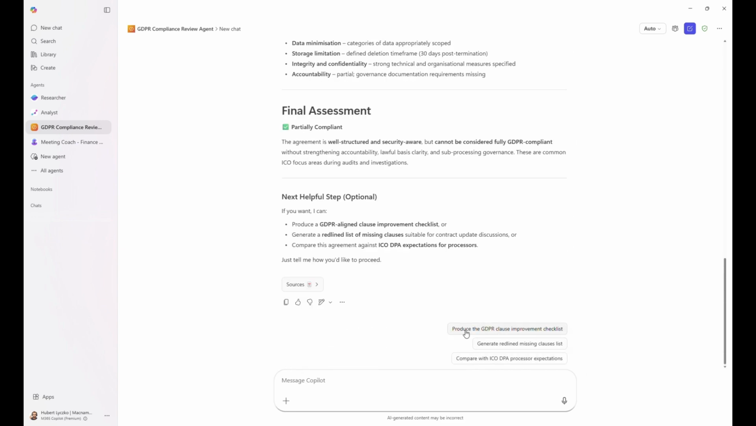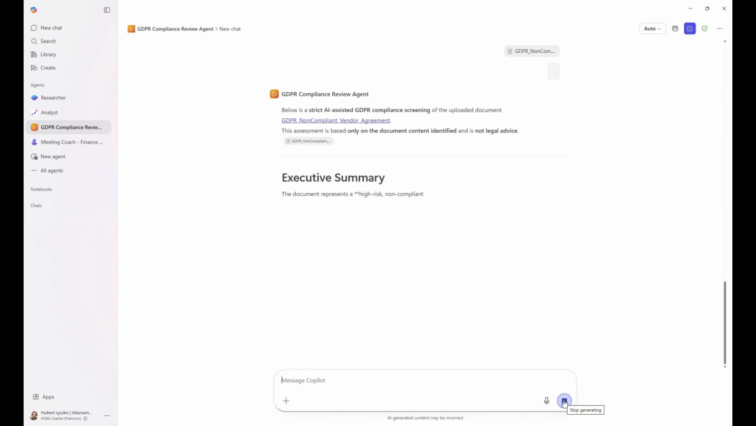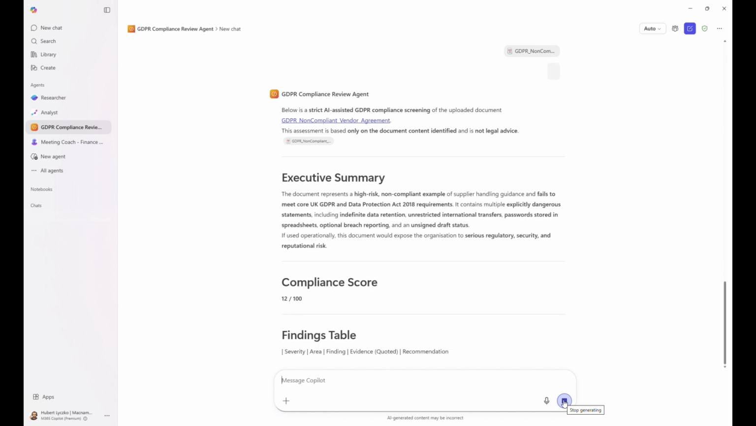Now let's test the bad PDF. This document contains intentionally risky wording and weak practices. The AI immediately flags indefinite data retention, passwords stored in spreadsheets, optional breach reporting, unrestricted international data transfers, missing approvals,